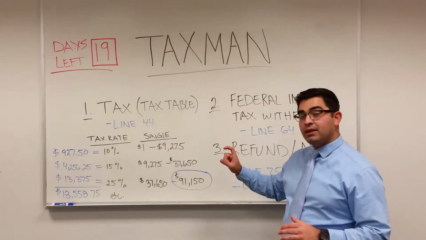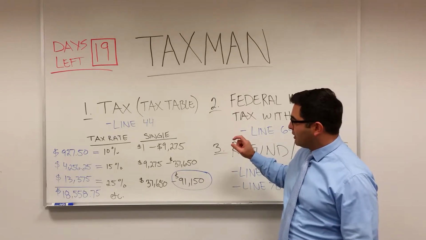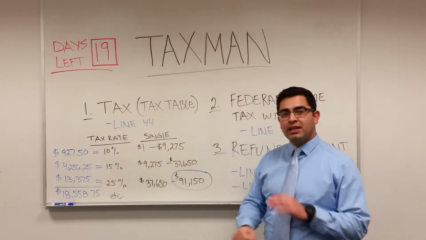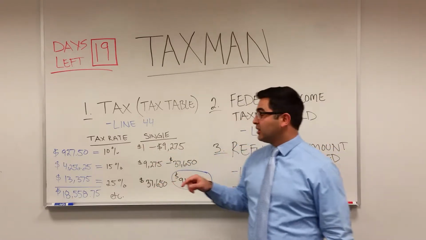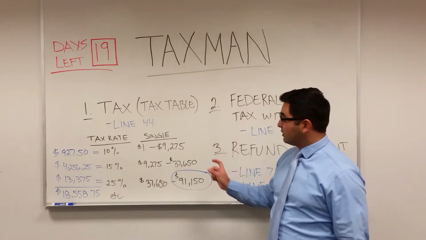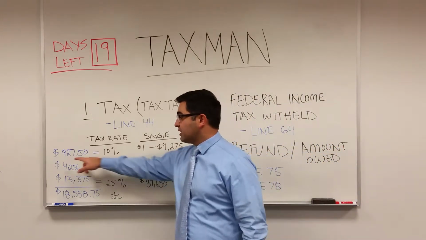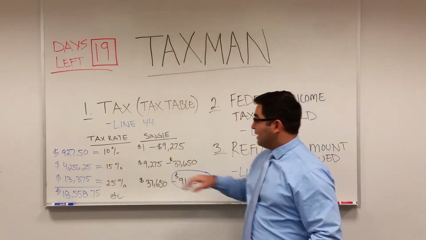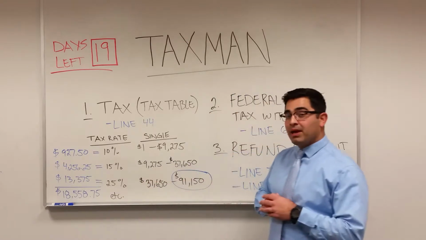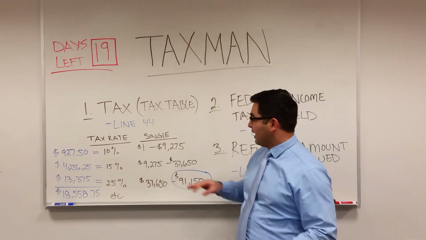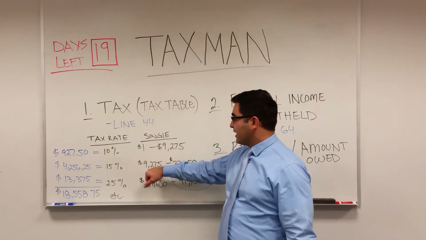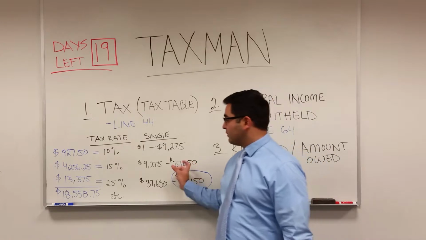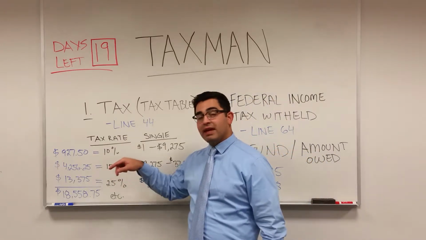So the first segment that the tax table calculates is between $1 and $9,275, and that's taxed at 10%. So the tax on the first portion of his taxable income is $927.50. Next is a 15% tax rate, and that amount is multiplied by the amount of money between $9,275 and $37,650. So that portion of income is taxed at 15%, and that total is